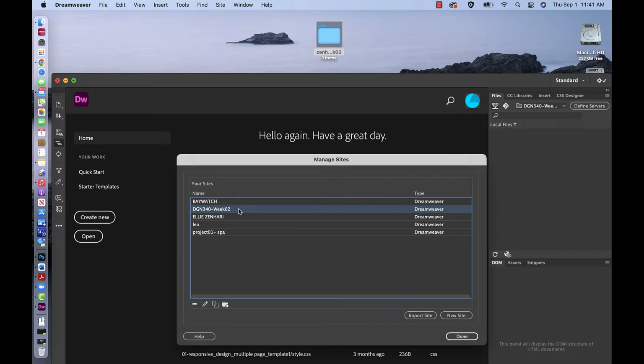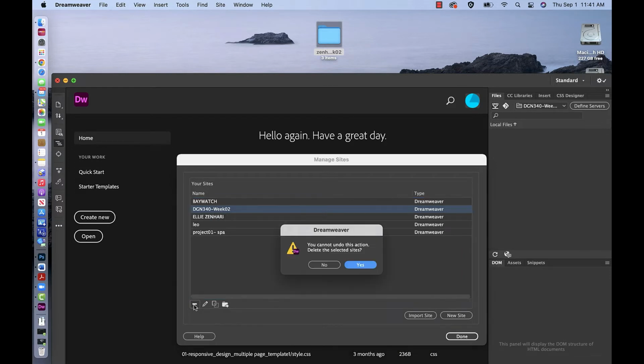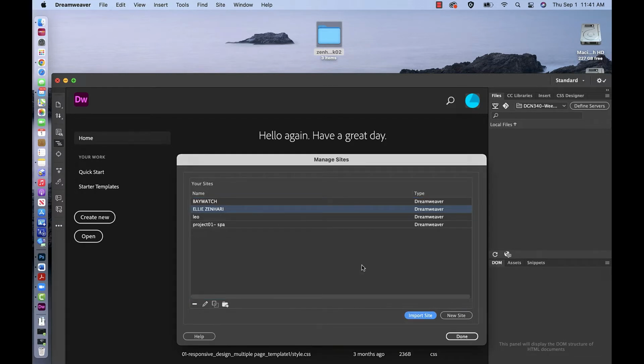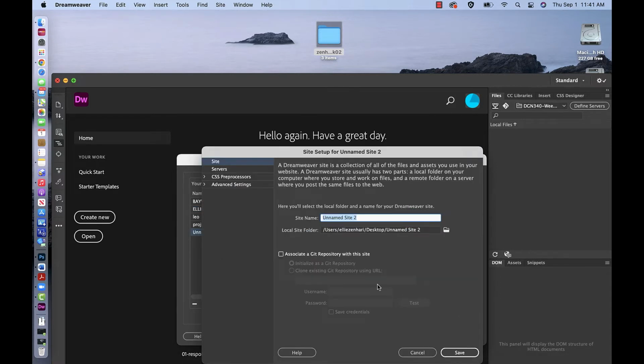So to get rid of a site, you just highlight it and click the minus sign. So we're going to start from scratch. Basically, I'm going to create a brand new site. In order to do that, you want to choose New Site, and I'm going to say Hurry week 2, and then underneath it you'll see that it has an option. You want to click on this folder,